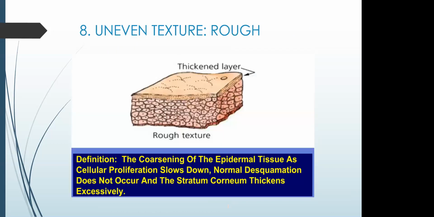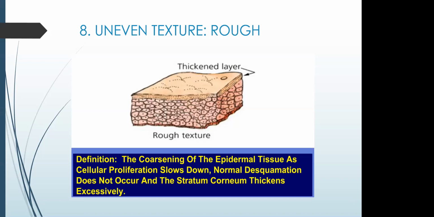Uneven textured or rough textured skin. This is coarse textured, not refined and smooth. Some causes are photo and environmental damage or aging skin. To experience what roughness feels like, stroke the area of the skin that has been photo protected, and then stroke the area of the skin that has been photo exposed, and you'll feel the difference.